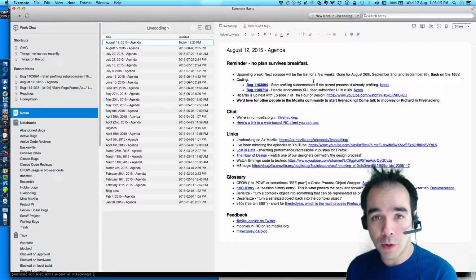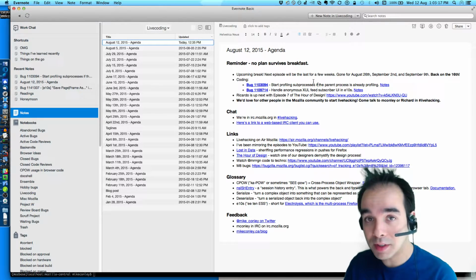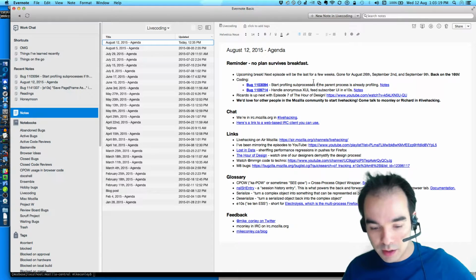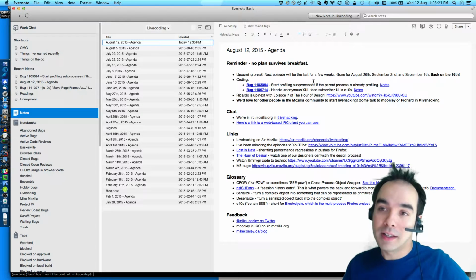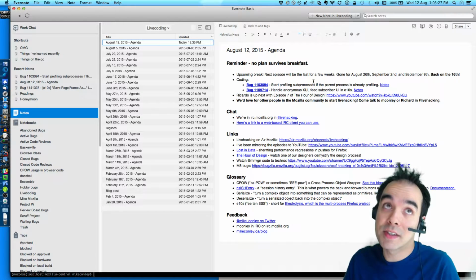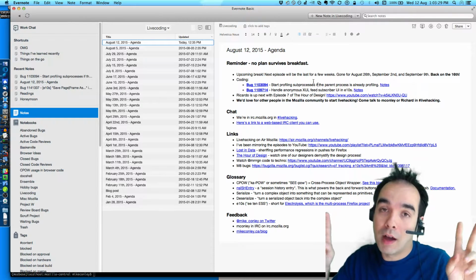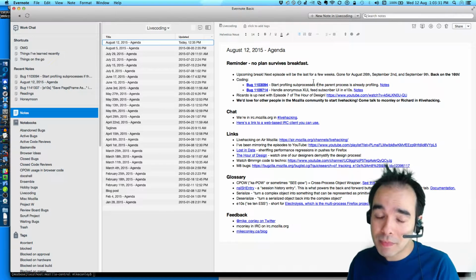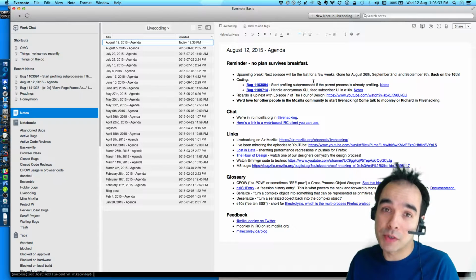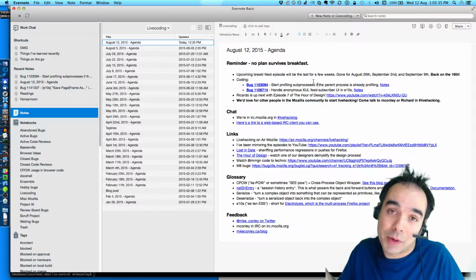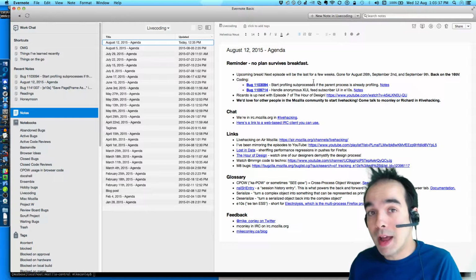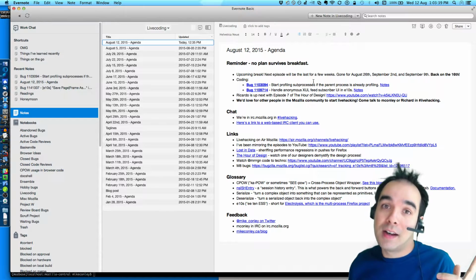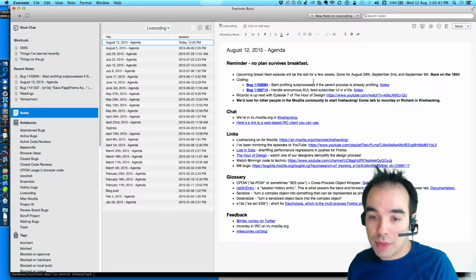But we can't gather the profiles because after the test is finished and we tell Gecko, go get a performance profile, the content process that was being run has closed out because we closed the last remote browser. And when the last remote process browser goes away, Gecko shuts down the content process naturally. It doesn't just keep it around. So that's a thing I want to fix with this bug.